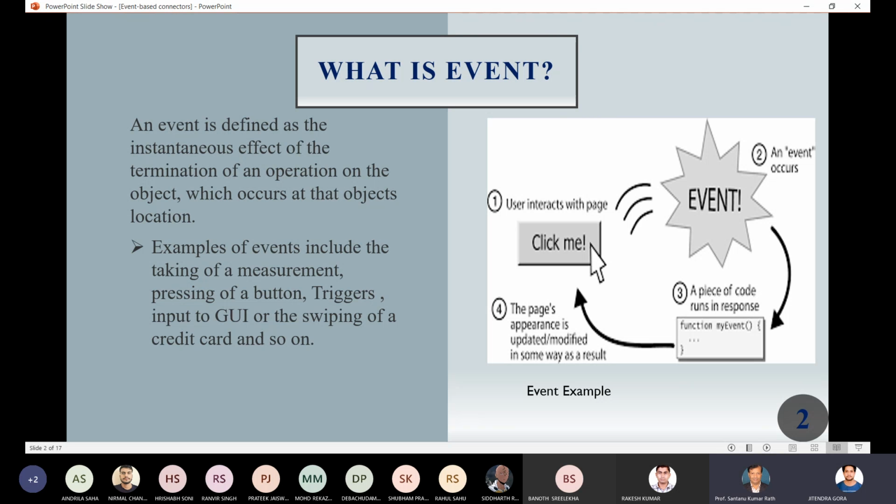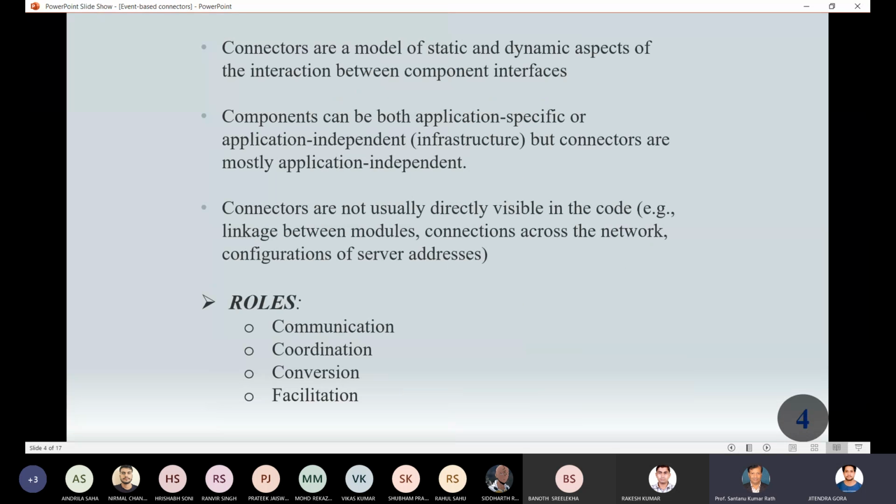So the user interacts with the page. First, he interacts with the page, and according to his requirement, he performs some operation, like clicking on some button or providing some input. Then the event occurs, and in response to that occurrence of the event, some piece of code will run, like some function will be called, and in that function some code will run, and in response to that code, the user interface page will be updated or modified. So that is a scenario of an event. So, coming to the next slide,